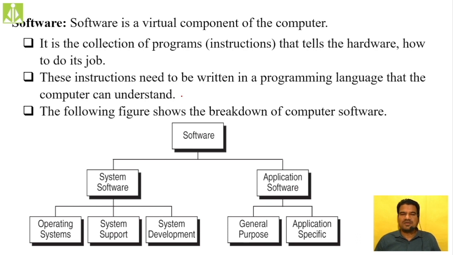So what is a software? It is a collection of programs. If you put more than one program together, it becomes a software or application; both are the same. So what exactly is a program? It is a set of instructions. And what is an instruction? Any simple command given to the computer can be called an instruction.